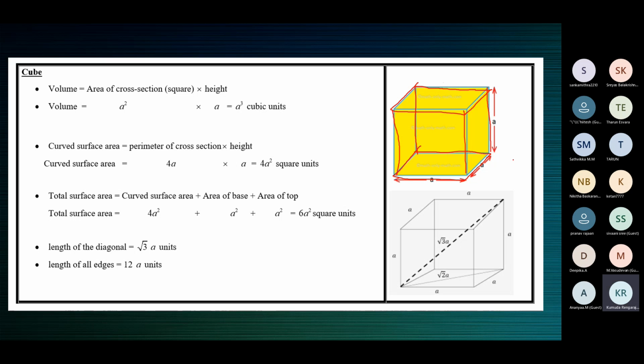An edge is defined as when 3 faces meet, an edge is formed. You can look, you're sitting in a room. I hope you're not sitting in a terrace. So if you're sitting in a room, just look up and see the edges of the room. How is an edge formed?